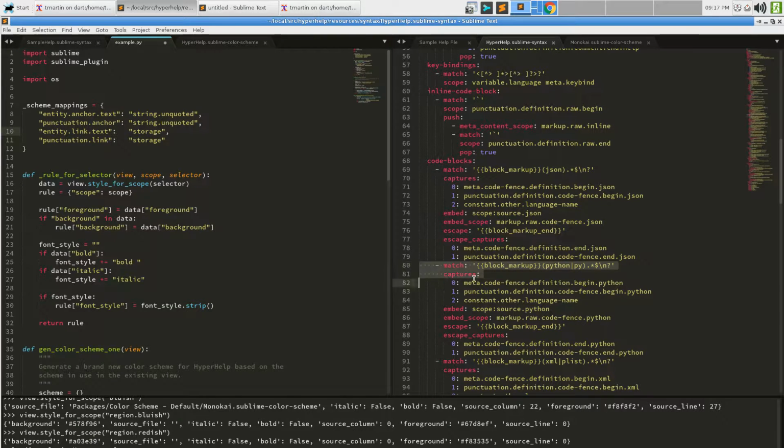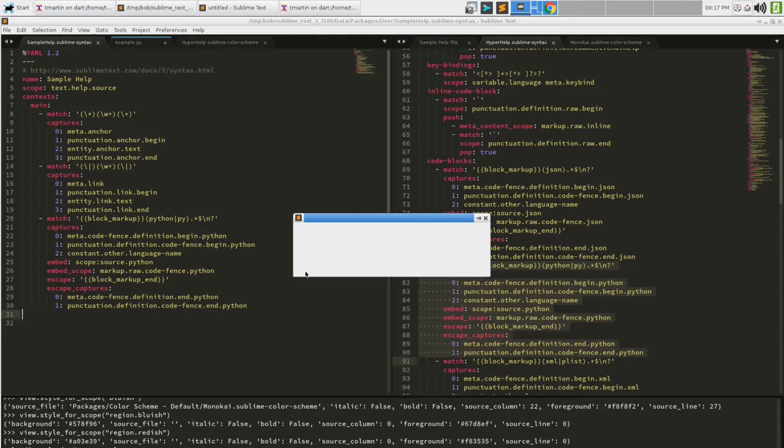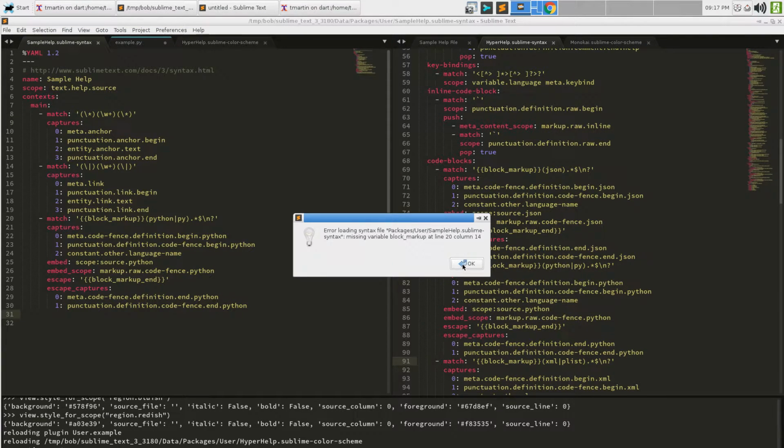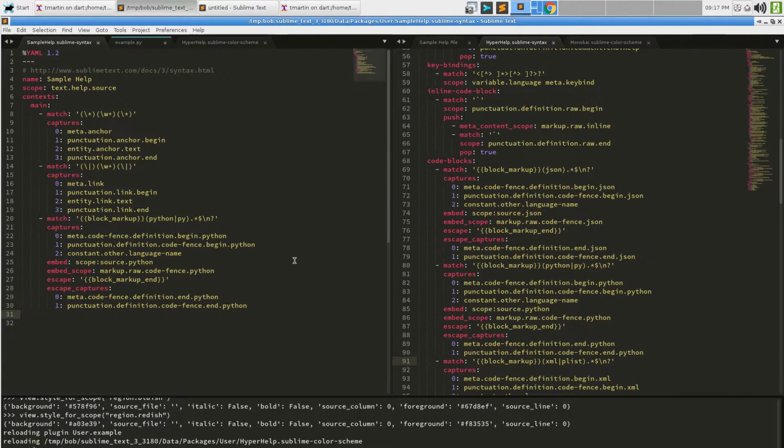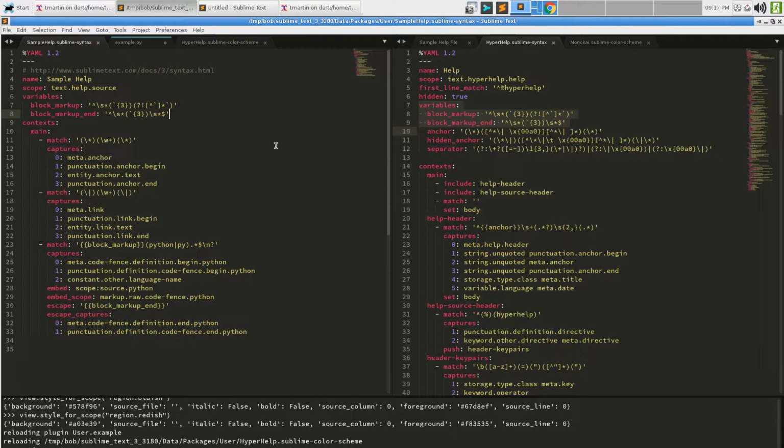We want this one. Let's say we're going to copy that into our sample help here. Well, I guess I could probably just do that, right? And what did I do? Line 20? Oh, right, because I didn't. That is 100% correct. So we need those two. We'll just throw them in up here at the beginning. Okay.